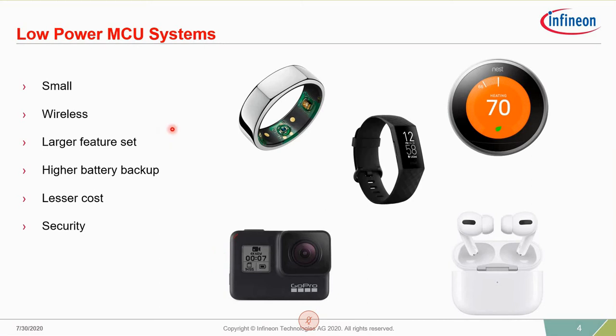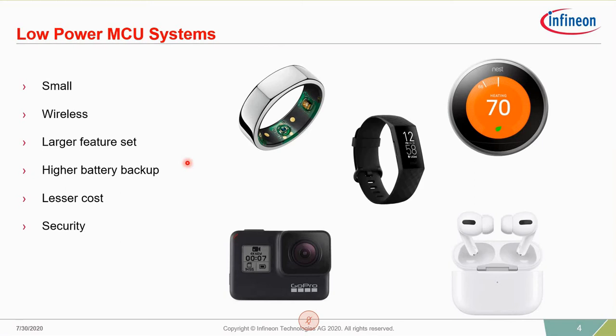Now let's consider these 2 points for a moment. We expect the devices to have a larger feature set. So as a result, we might have to end up using a high-end, higher performance processor, which most likely has a higher clock. And this results in higher battery consumption. And because we want a smaller device, we cannot put a huge battery into these devices. So this results in a reduction in battery life. And this appears to be a trade-off.